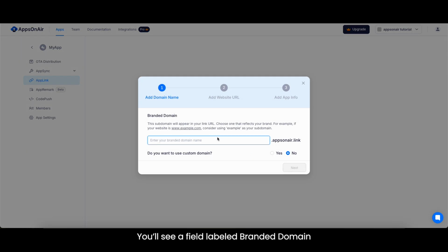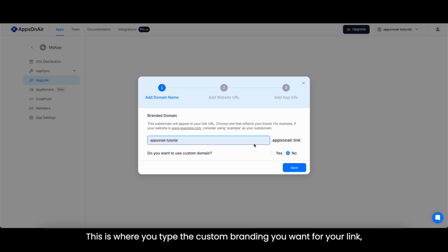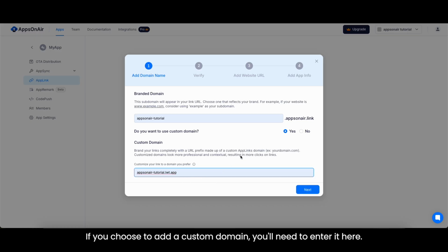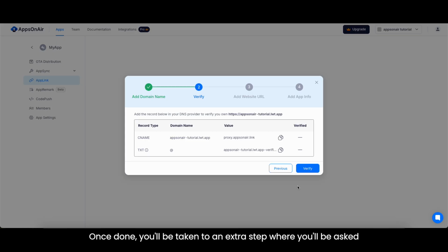You'll see a field labeled Branded Domain. This is where you type the custom branding you want for your link, like your brand.appsonair.link. Just below, there's a choice. Add a custom domain. If you choose to add a custom domain, you'll need to enter it here. Once done, you'll be taken to an extra step where you'll be asked to verify domain ownership by adding a